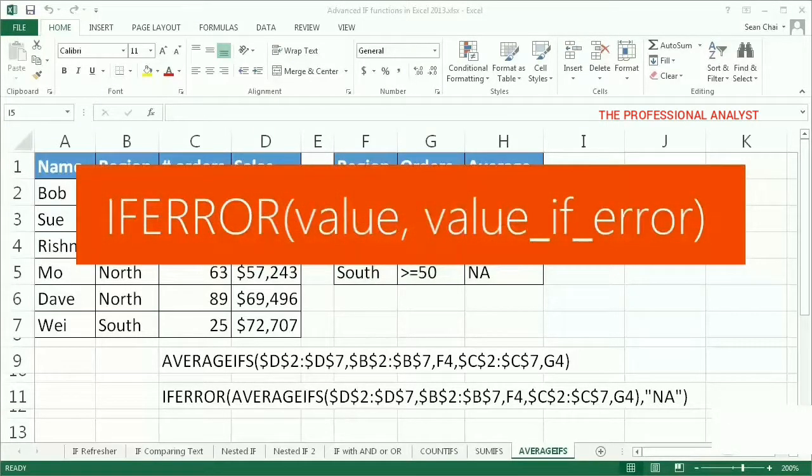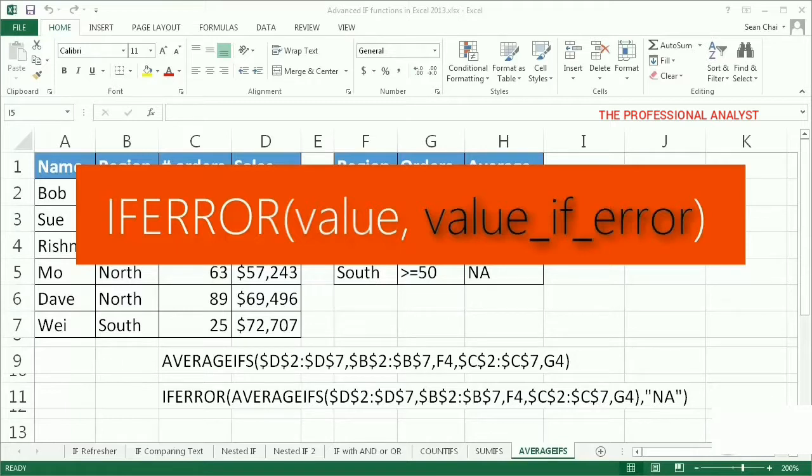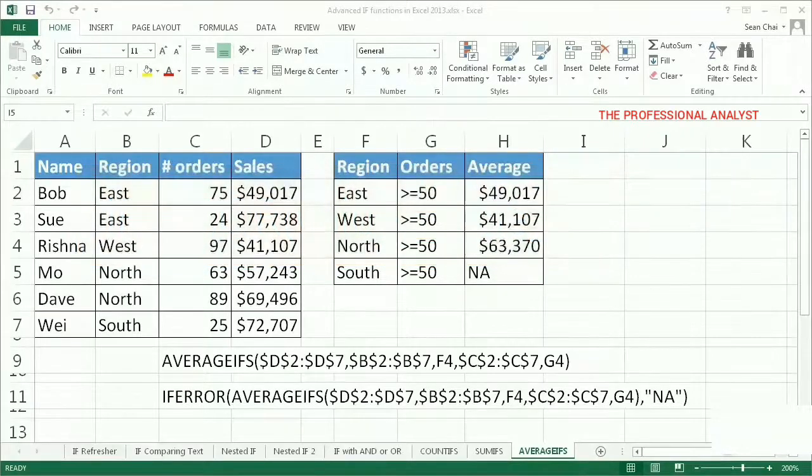This is the syntax of the IFERROR function. Value is required. It's the argument that is checked for an error. Value if error is also required. It's what IFERROR returns if the value argument returns an error. Now you've got a pretty good idea about how to use IF functions in Excel. Of course, there's always more to learn,